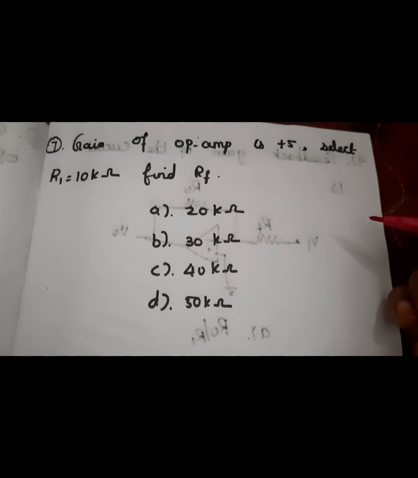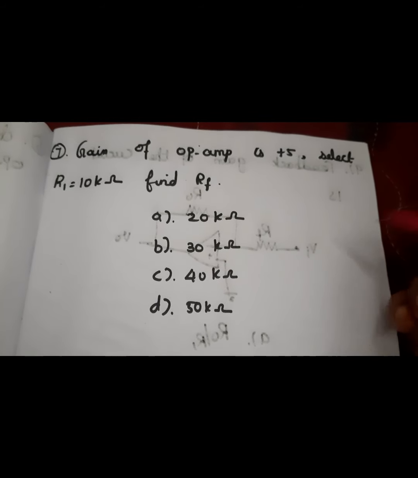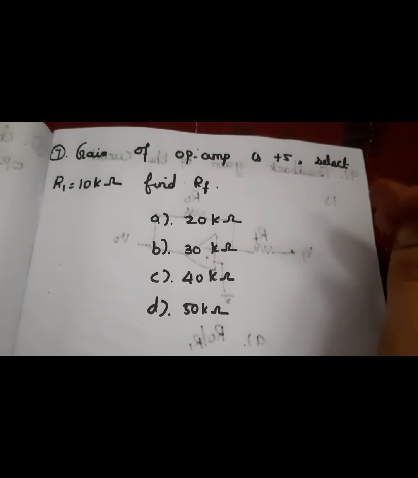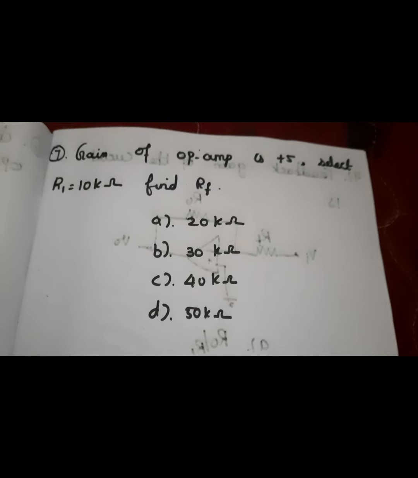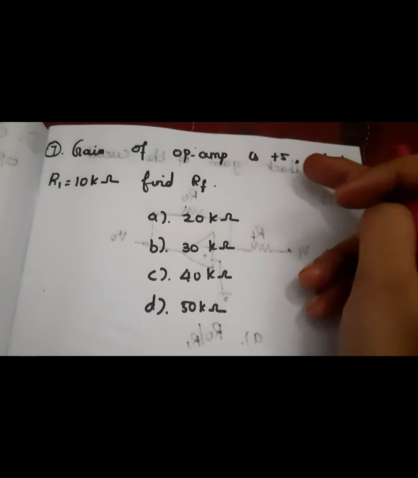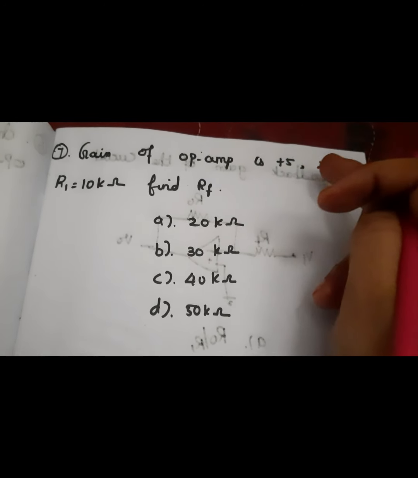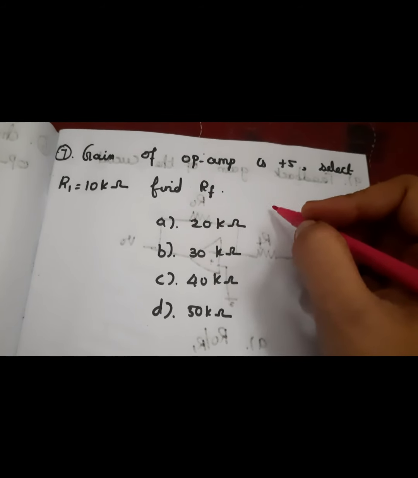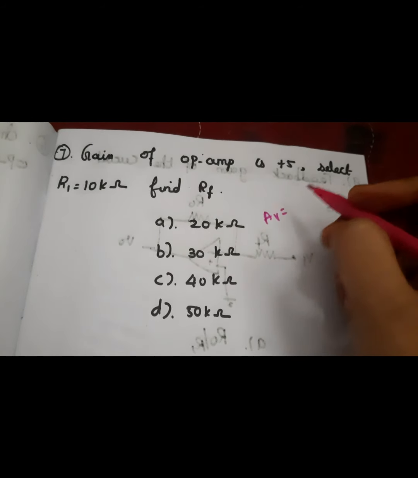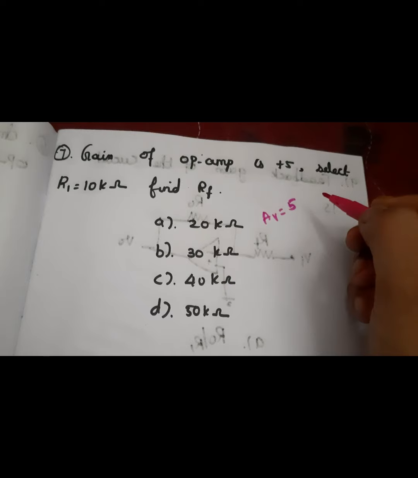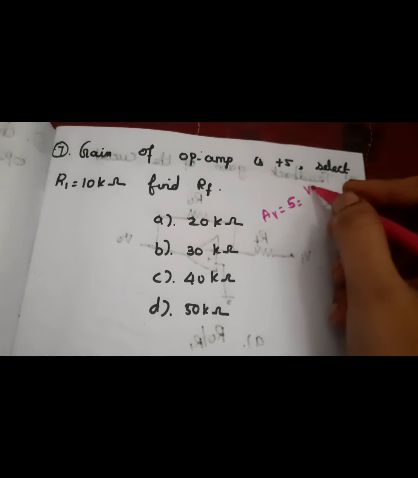7th question, the gain of an op-amp is plus 5. Select R1 equal to 10 kilo ohm and find RF. Plus 5 means this is a non-inverting op-amp circuit, a non-inverting amplifier. So plus 5 means that AV is equal to 5, and we know AV is equal to V0 divided